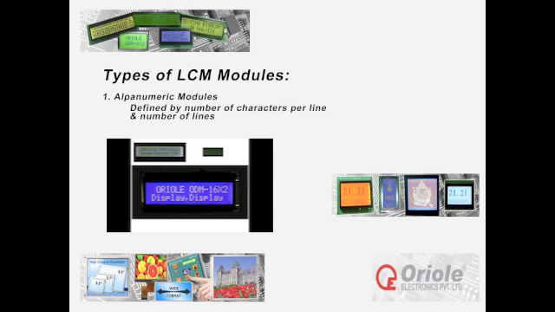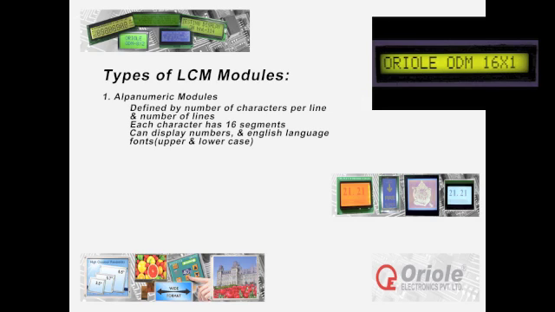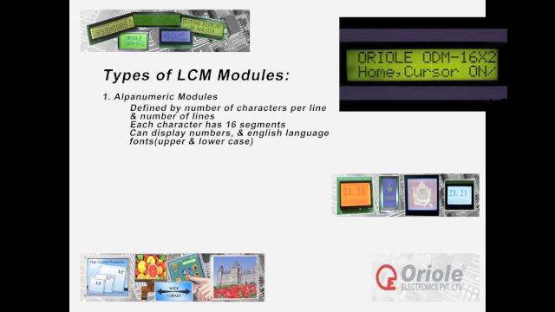Now I'll also give you an example of a 16 by 2 display. All these three displays are 16 by 2, but they're all of different sizes. So even though they are alphanumeric 16 by 2 displays, they're all different sizes. Also have a look at the kind of characters an alphanumeric display can display. You can have alphabets, you can have numbers, and plus there are certain special characters that can be displayed in